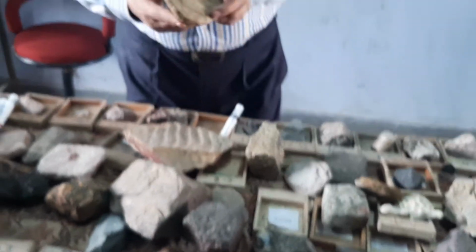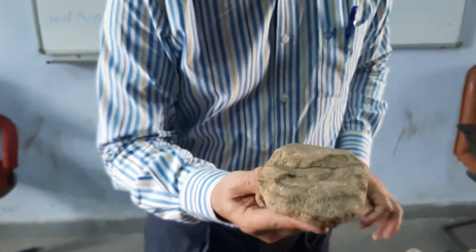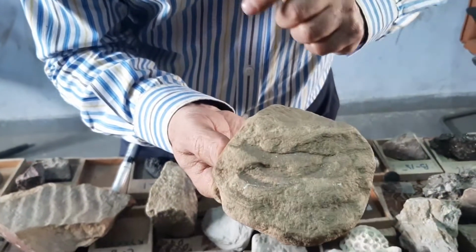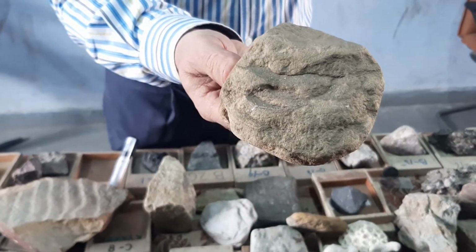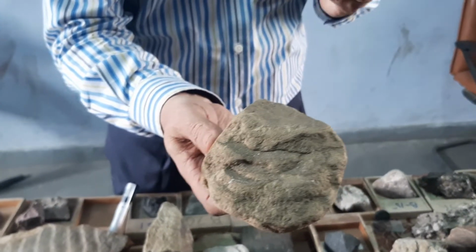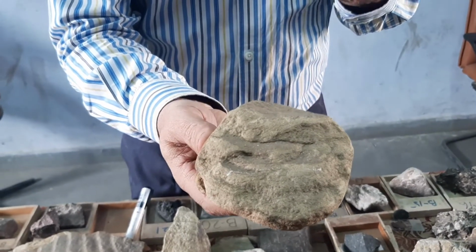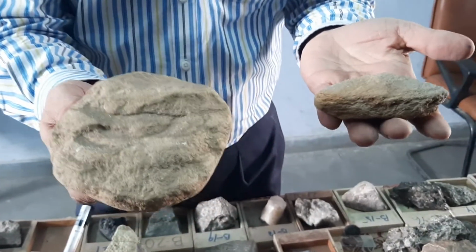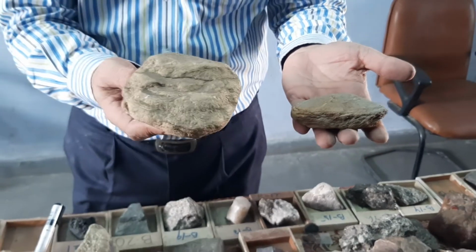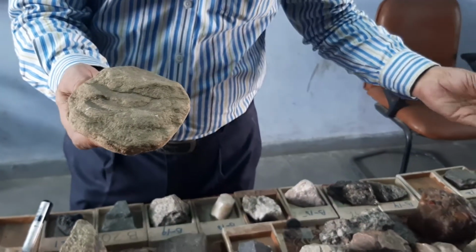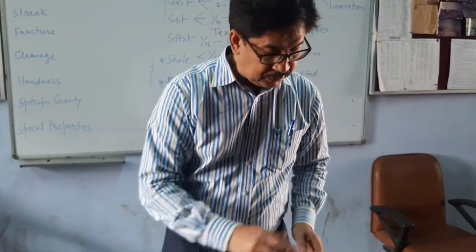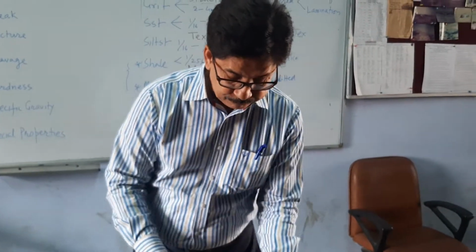Now I can show you a rock which is a siltstone. You can see, and in this you will find a lot of cross layers also. This is a very fine grained rock, which is siltstone. Most of the siltstone and sandstone will have layers and cross layers which can be seen at the scale of hand specimen to the field scale. So I have shown you siltstone, only one sample.